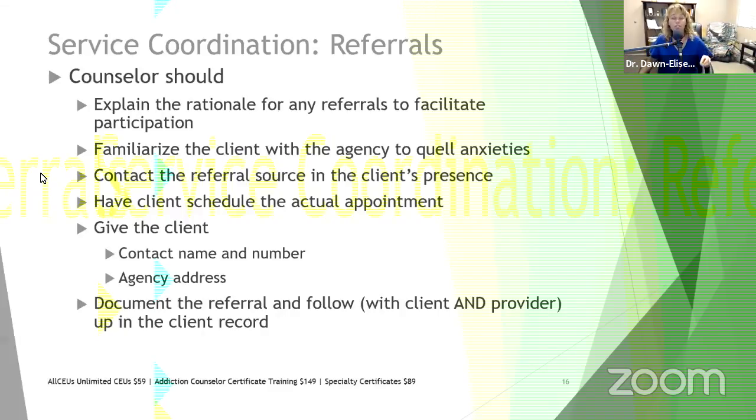Contact the referral source in the client's presence. This helps. And sometimes if the client can make the contact themselves, that's even better. But contact the referral source in the client's presence so the client knows you made the contact, and they feel confident that that agency knows to expect them. Have the client schedule the actual appointment.